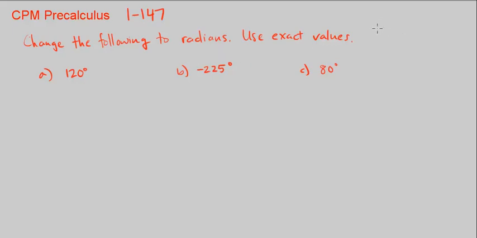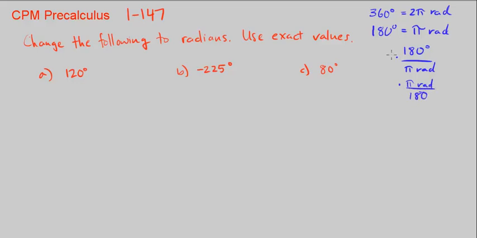So what we need to remember is 180 degrees is equal to pi radians, just like we know 360 degrees is equal to 2 pi radians. So this is our conversion factor, meaning we can multiply anything by 180 degrees over pi radians. That's the same thing as multiplying by 1 because the top and the bottom are equal, and it's just changing the units. Or we can multiply by pi radians over 180, right? So we could multiply by this, or we can multiply by this